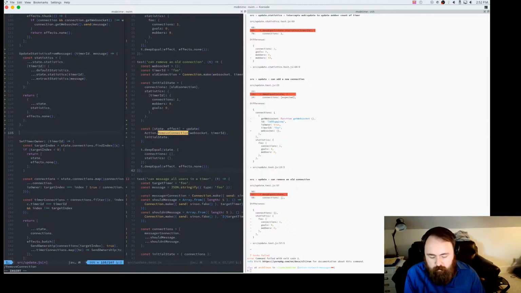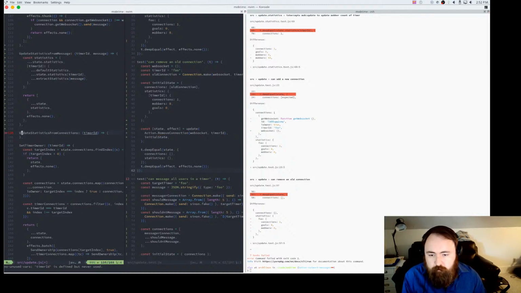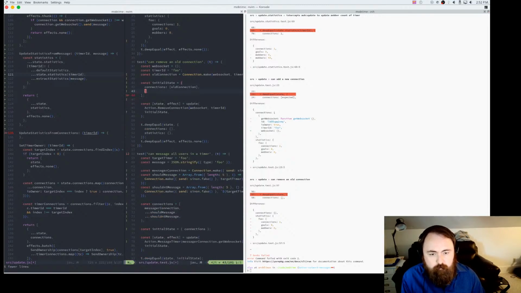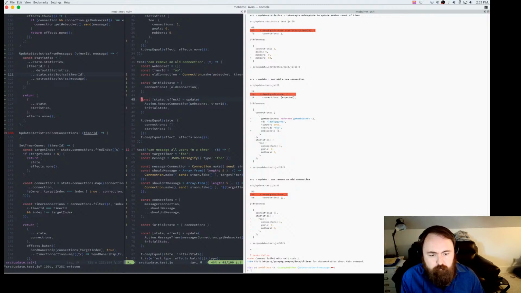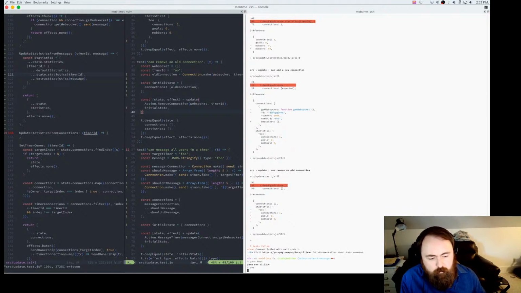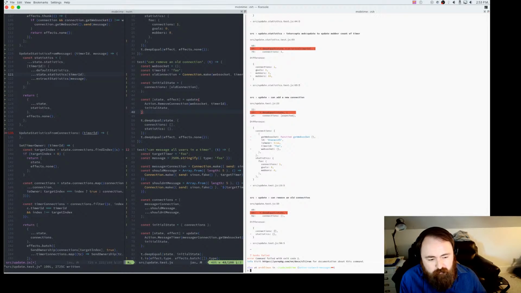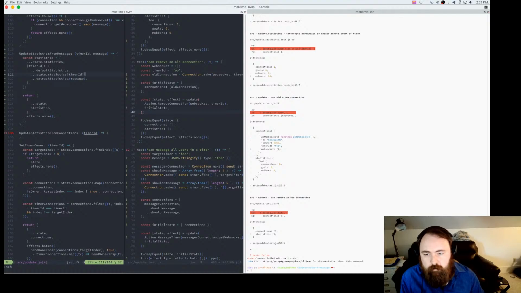Let's do an update statistics from connections. So this is just going to be timer ID. And then we can figure out any math that we need to do with this. So one thing we're going to do is not include statistics here. I bet that's gonna, oh, still doesn't pass, still add statistics. Oh, right, because I didn't save this file.